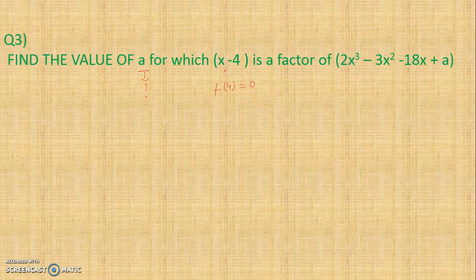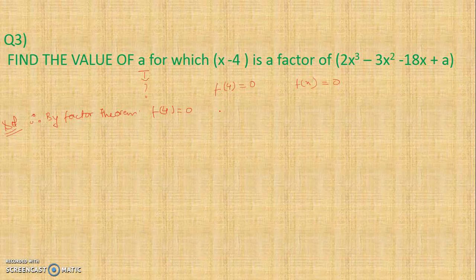Because it says in the question x minus 4 is a factor of this polynomial f(x), when I substitute x is equal to 4, I will write this equal to 0. So f of 4 will be equal to 0. So I can start with the question. This is what I had explained in the previous question, students. When it is saying a factor, this means it will be equal to 0. Same thing here. So therefore, by factor theorem, f of 4 is equal to 0.